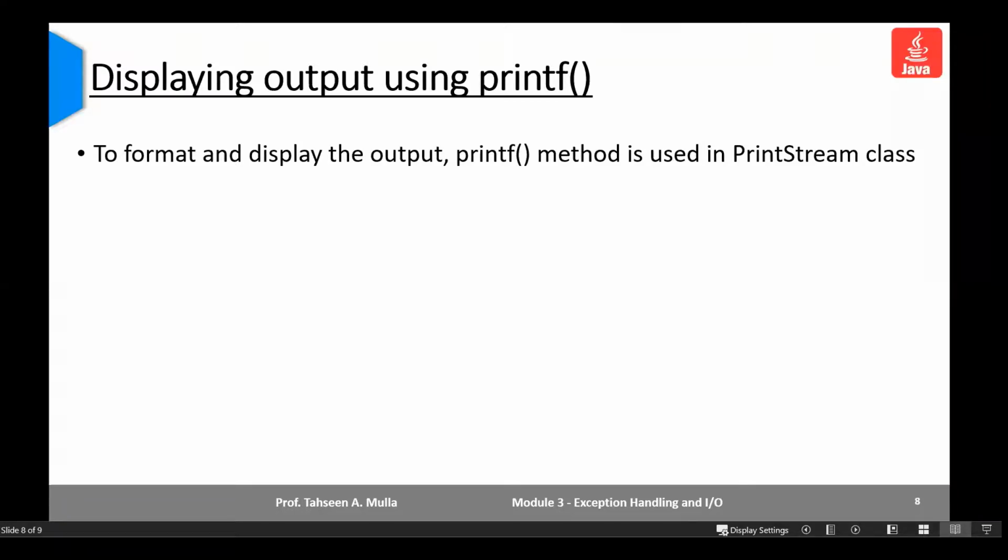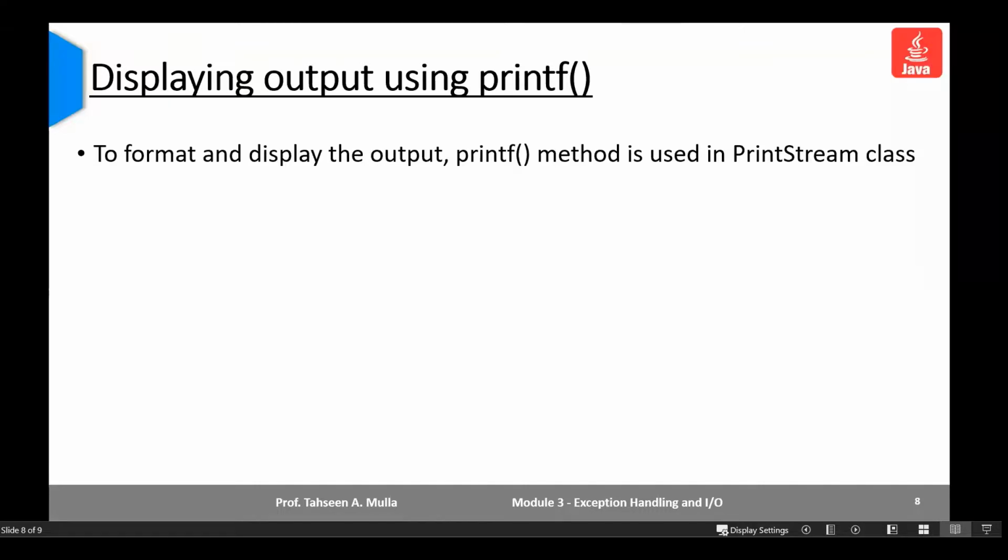If you do not use printf, we just display the data as it is. But if I want the data displayed in a proper format, I can use the printf method from the same PrintStream class. This method works similar to the printf function in C.